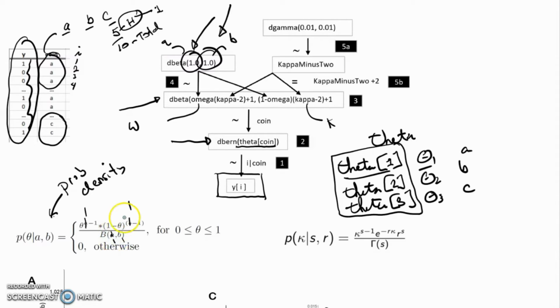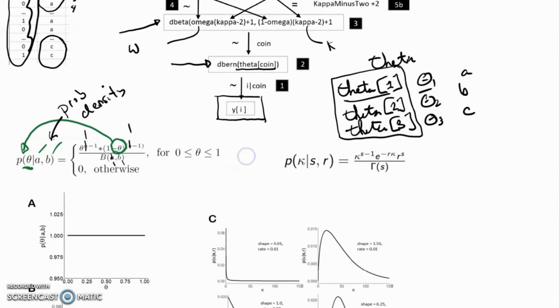Then what happens is we put in a value of theta, and every time we put in a value of theta, what gets returned is the probability density of theta, given that we parameterized A and B both equal to 1. And if we do that, here's the value of theta. So we put theta in here, and we run theta between 0 and 1. The probability density of theta